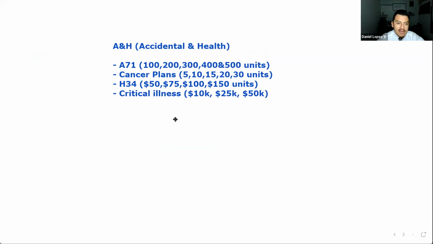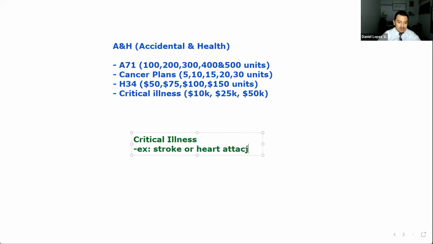Yeah, okay. And then you have a critical illness. This is also very easy to understand. Critical illness means if you suffer a critical illness like a heart attack or a stroke. There's more examples, but that's the most common one. Critical illness means if you're diagnosed with a critical illness, like a stroke or a heart attack, you receive a one-time payment, one time only,